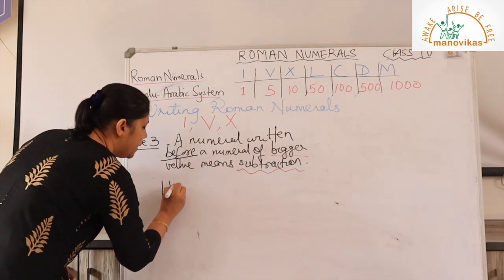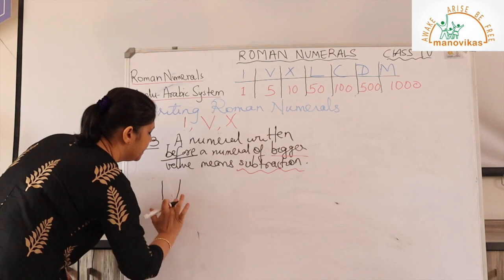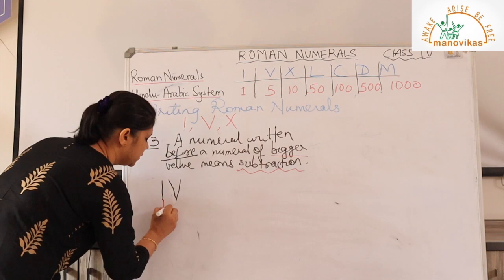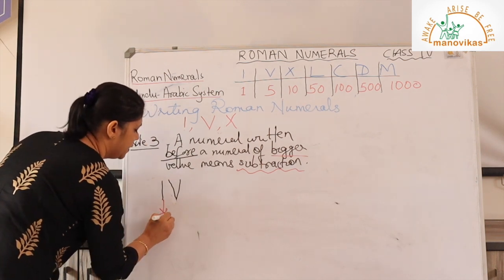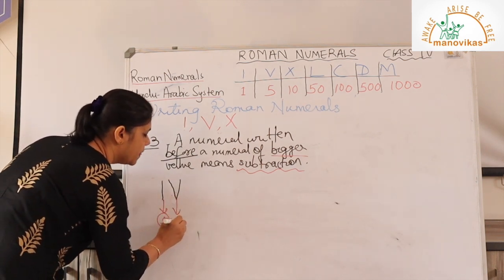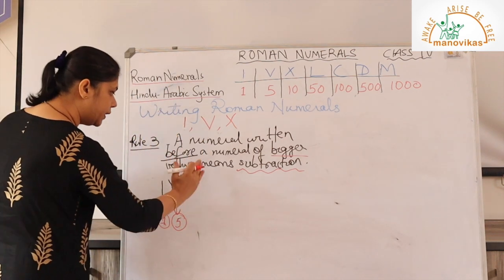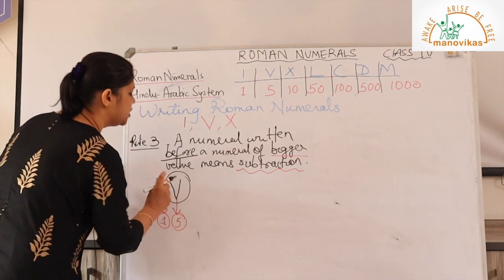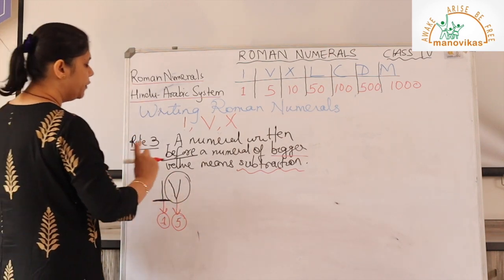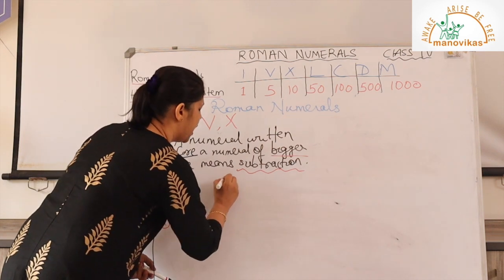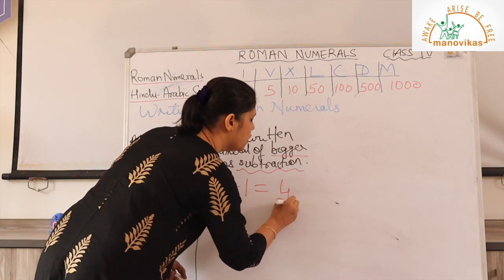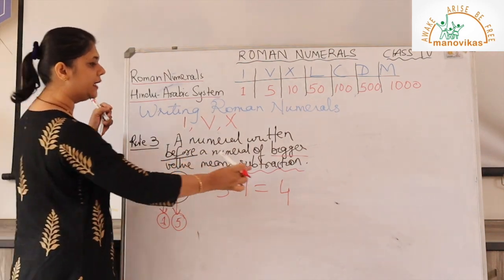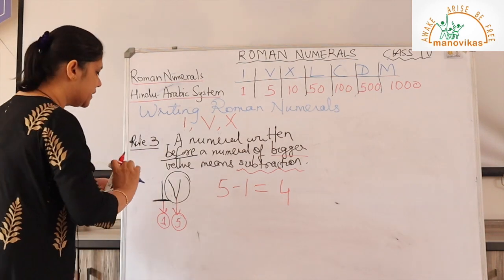Now again I am given this numeral here. Now I stands for what? Yes, correct, 1. And V stands for 5. So according to rule number 3, since I is written before V, which is a bigger number, we will write this number how? 5 minus 1 equals 4. So this number will be read as 5 minus 1, that is 4. We'll see one more example again.